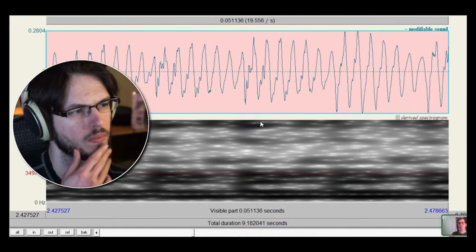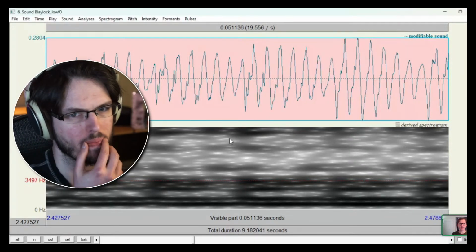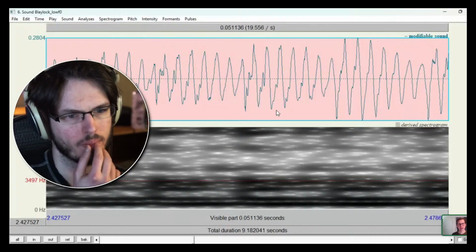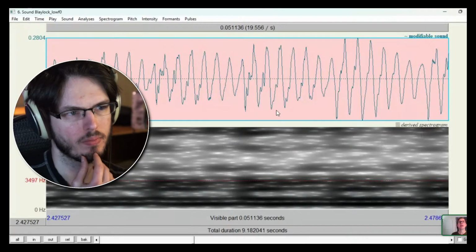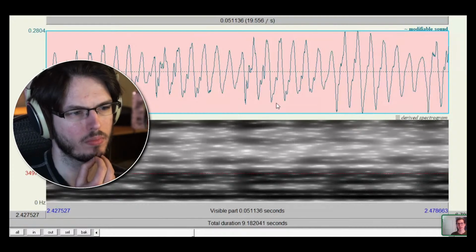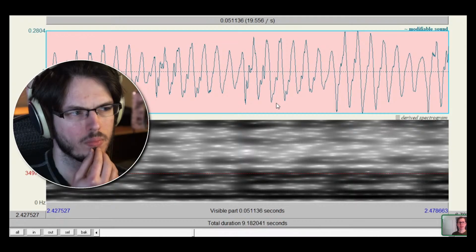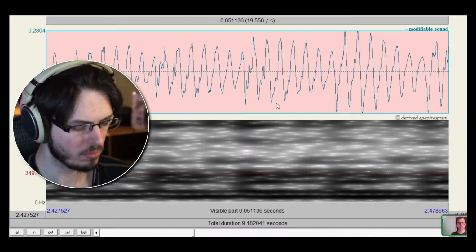And when you have recordings with noise in the background, you can often see those represented in the bottom view, which is called a spectrogram. You might be able to see where some of that noise hits. But even when you can't control your microphone, the ideal is to find a quiet space, maybe turn off lights if you have noisy lights, and get your computer fan on low, or as off as possible, to try to minimize any extra noise you might have. That will let the vibrations of your voice come through as clear as possible.